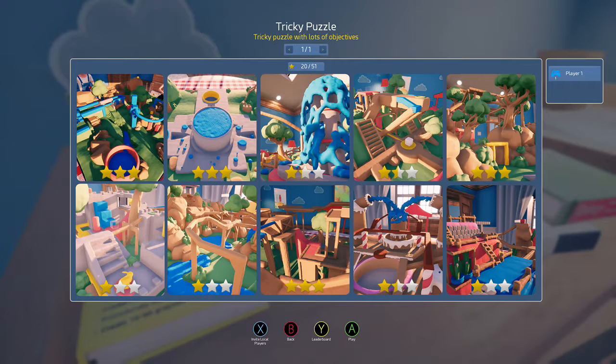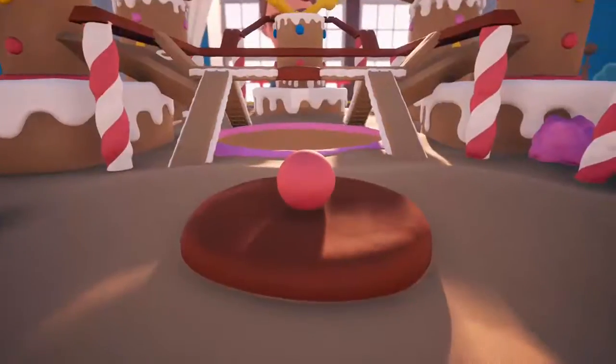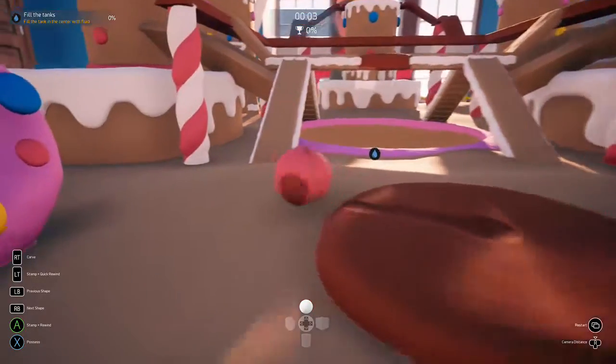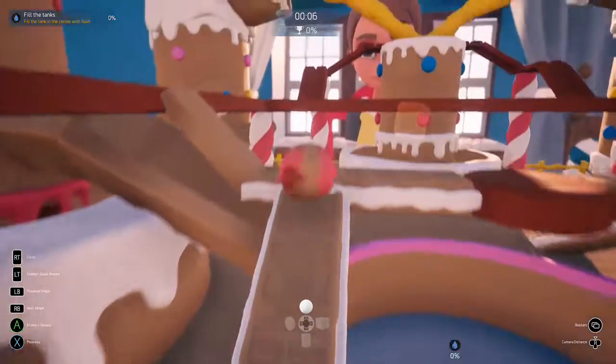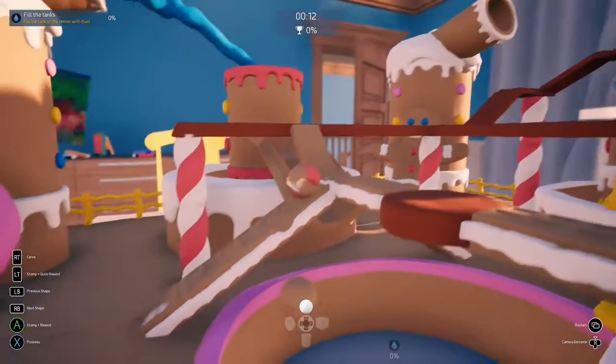The puzzles or the pre-made books, there's 17 different levels for you to play. At the moment, like I said, it just came out into game preview today. There's 17 levels. You're going to probably spend a lot of time in the editor making your own. Let me see this one here. Okay, fill the center tank with fluid. Whoop. I dropped off, so...